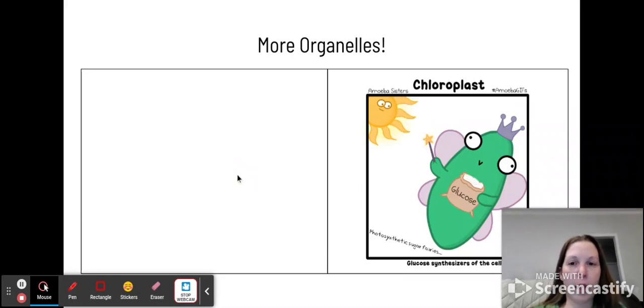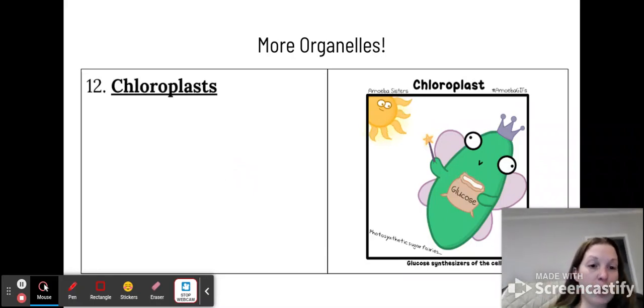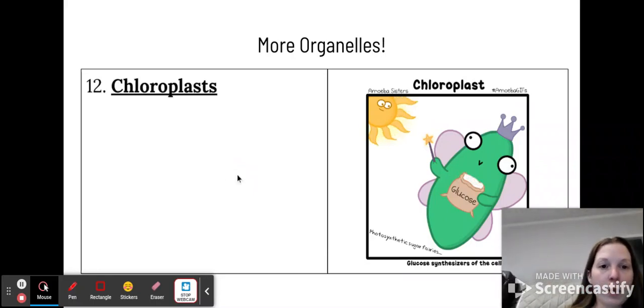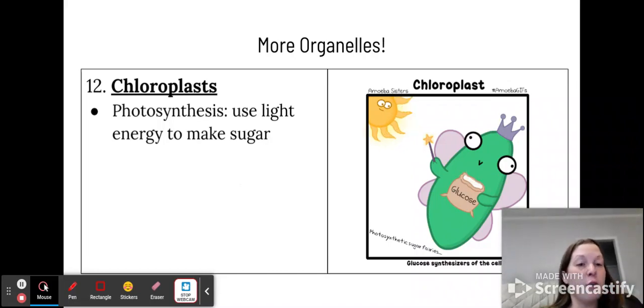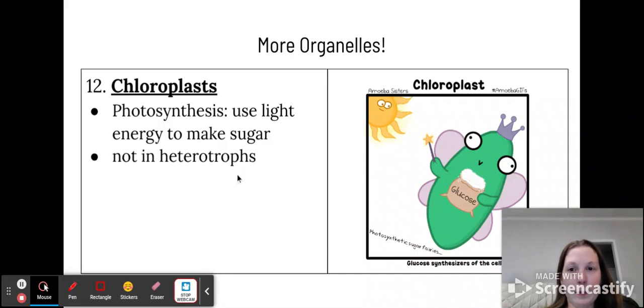And then the last one to look at is chloroplasts. These are specific to plant cells. And we look at chloroplasts with photosynthesis. So plants will use light energy in the cell. It'll process through the system and actually make sugar, which is the food for the plants. This is not in heterotrophs, so